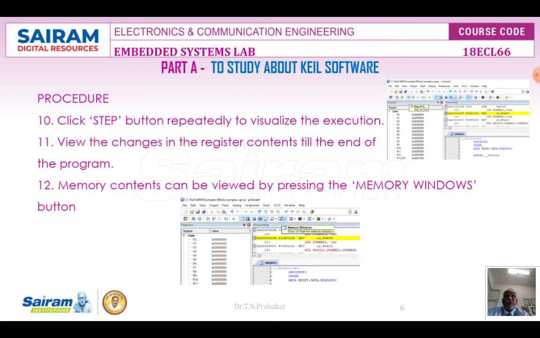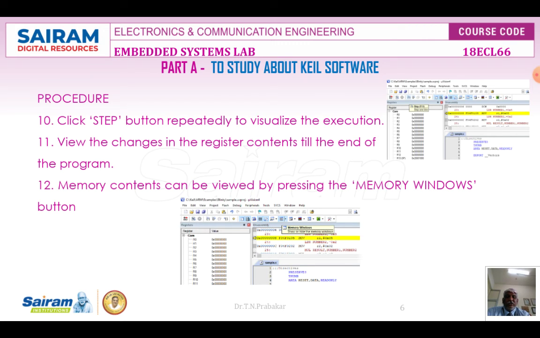There will be a step-by-step execution mode that is called the step button, which is equivalent to pressing F11. On the right hand side, you can see the button available there, and you can press this button repeatedly. This debugging window will have a few sub windows. On the left hand side, you can see all the registers available in ARM Cortex M3 listed. Whenever the program gets executed line by line, the changes in the registers will be automatically updated, so that we can easily trace how the program is getting executed.